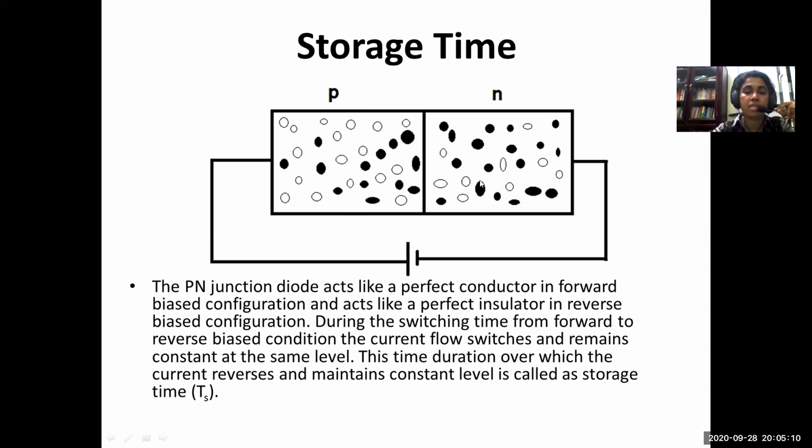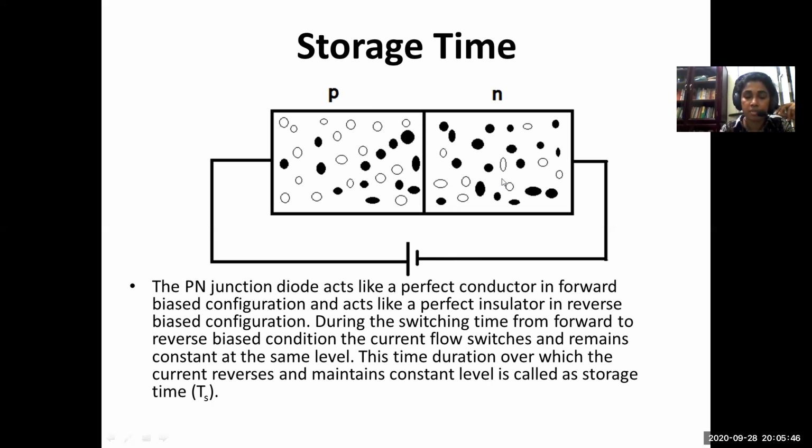When we reverse bias, the current should decrease to 0. Initially it was forward biased and the current was high, and when we reverse bias it, it can be shown as bit 0 only if the current decreases to 0, or a very small value, which is the minority current of the order of microamperes. So how much time will that take? What is going to happen is, immediately after you reverse bias, you will see that the current has only changed direction, but it will remain high for a while.